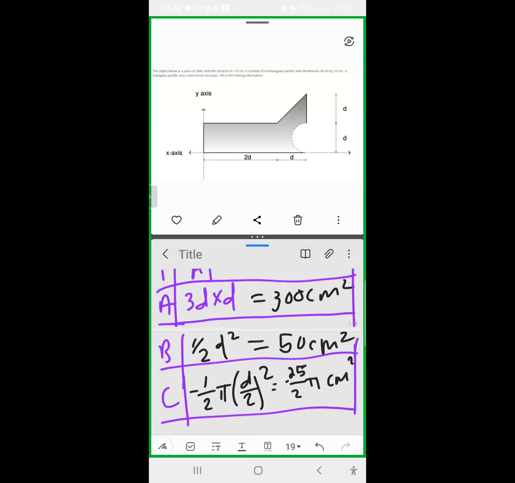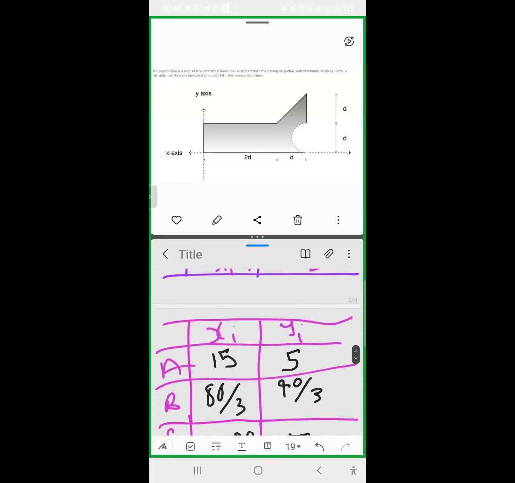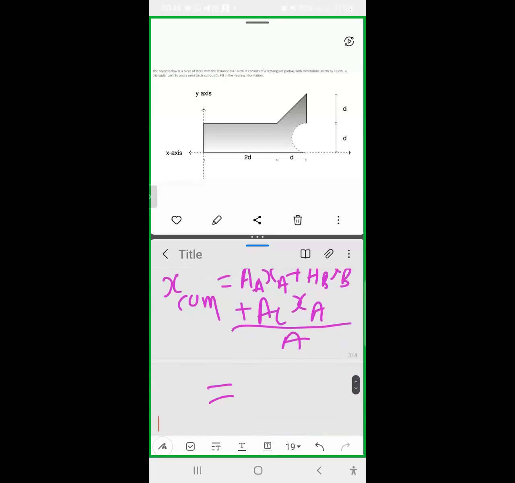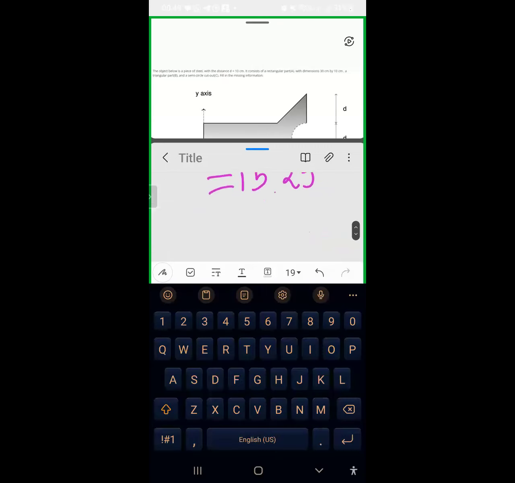Okay, so I just punched everything on the calculator, and I'm getting that the x center of mass for the whole system is 15.225. That is the x center of mass. And then the y center of mass,